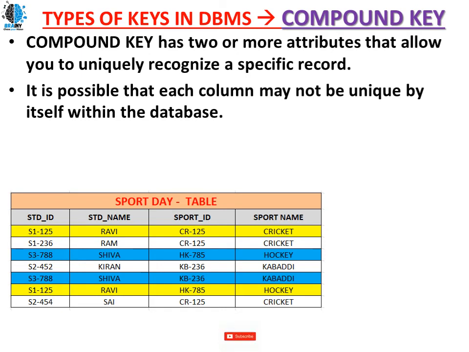The first is Ravi, first year student, student id 125. The same student 125, Ravi, has enrolled for cricket and has enrolled for hockey as well, right? In these two sports the student has enrolled. Whereas Shiva of final year, 788, enrolled for hockey and kabaddi. So these two students have enrolled for two different sports. This is possible. On a sports day, one student can enroll in different sporting events. So like this, these two students also enroll in two different games.